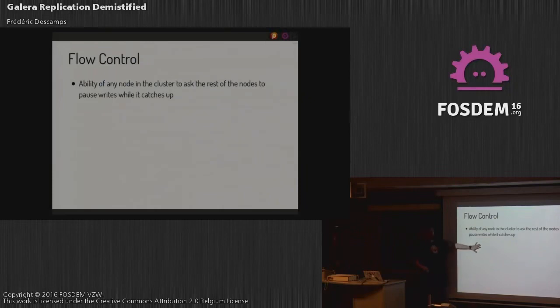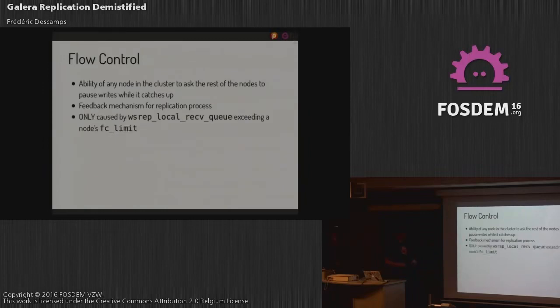Because you have seen the nodes are not committing at the same time, and they can have delay, we need to be able to control that delay. And this is where flow control happens. It says, okay, we allow some delay, but not too much either. Because if we have too long a delay, we could have more and more conflicts, right? And this is what you need to monitor, in fact, on the Galera node, is that you don't have this flow control going back, right?